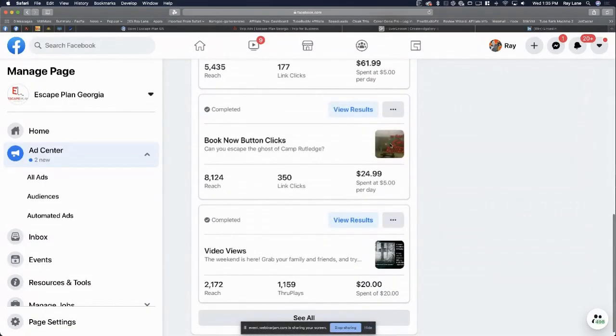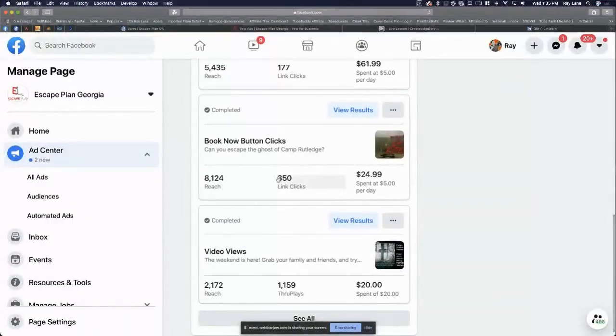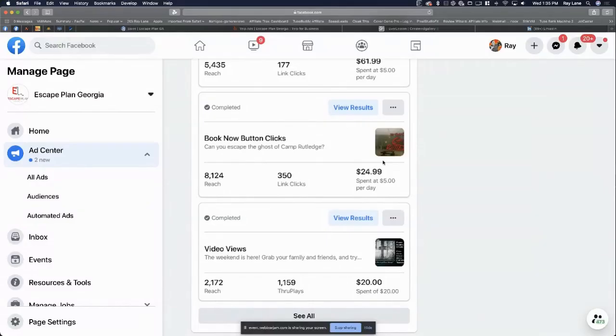So this was the one that I said was for the camp. And so this one ended, we spent $25 and we got 350 clicks. And that was specifically for Camp Rutledge. And that's the one that we saw the big sales on. I mean,